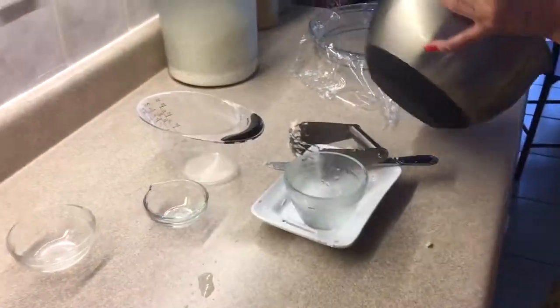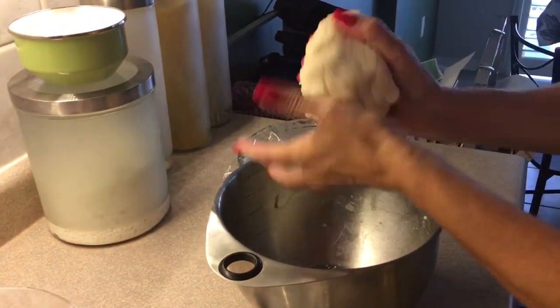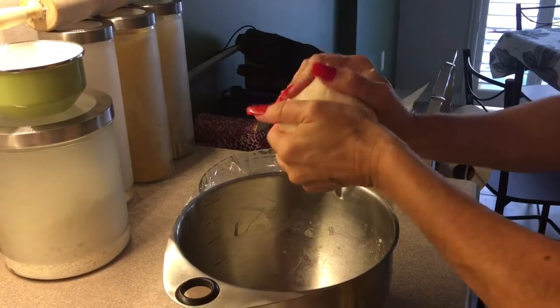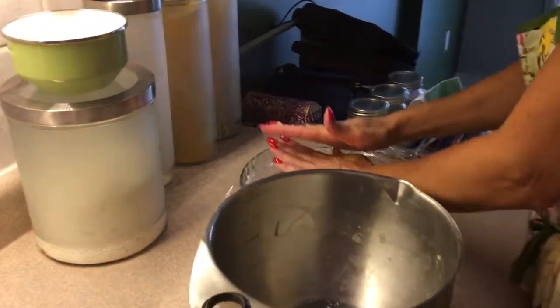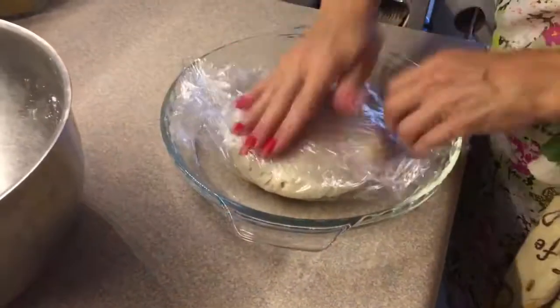I've already got myself some plastic because we're going to roll that out onto the plastic. Into a ball. Make sure you get every little bit in there. And just put it like that. Wrap it up. And then it's going to go into the fridge for a half hour